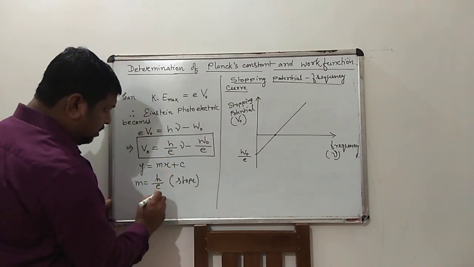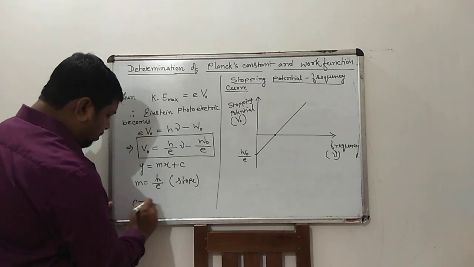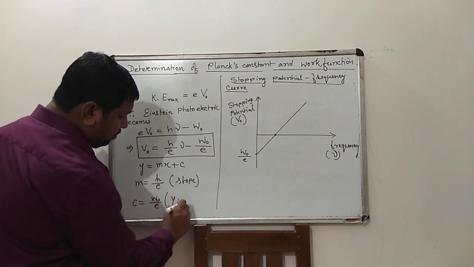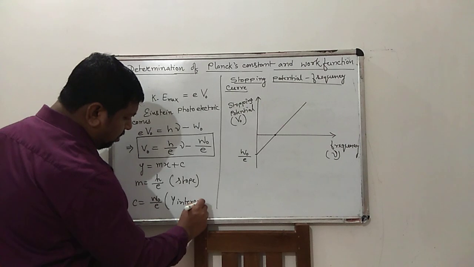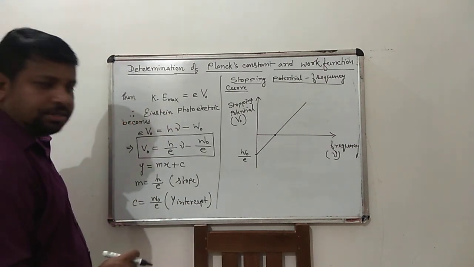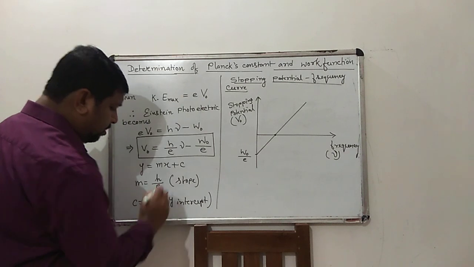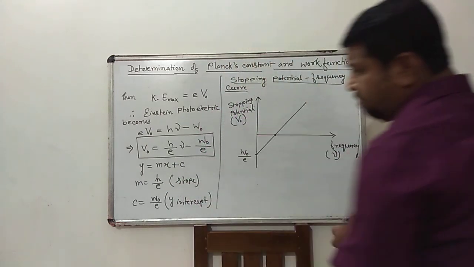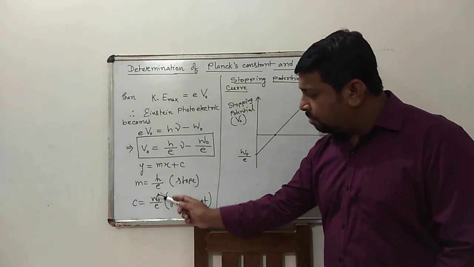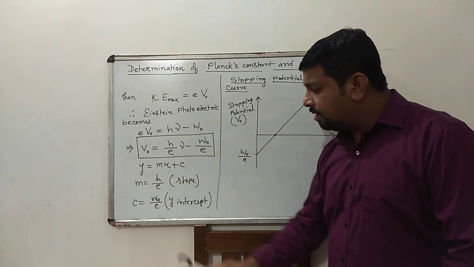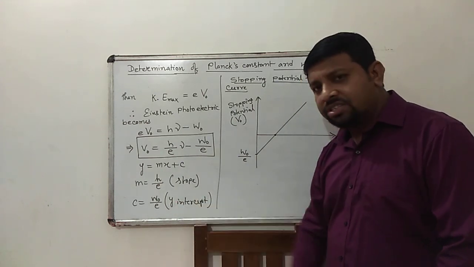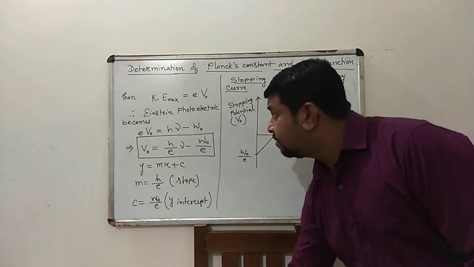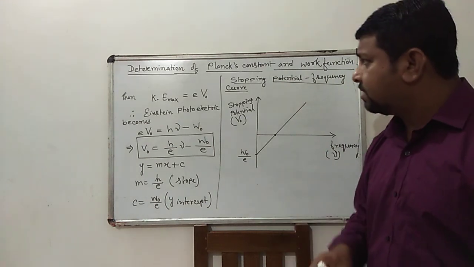and c equal to W naught by e, the y-intercept. Okay, so from this, m equal to h by e, or c equal to W naught by e, we get the value of Planck's constant h and the work function W naught. Okay, so here you see that from this graph,